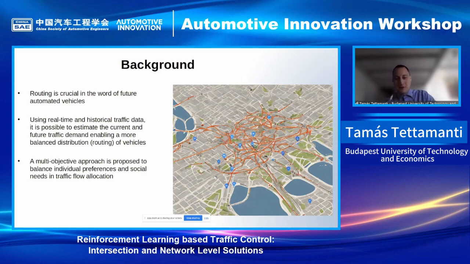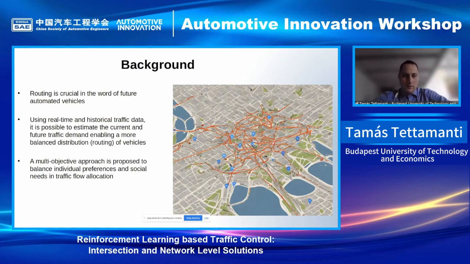So of course, if you are a user, or I am a user, a driver, I just want to go to my workplace as fast as possible. But if the social optimum is also considered, and it should be in the long term, because that's the main goal of sustainability in transportation, we can achieve much more balanced traffic. And this is a trade-off for the users, but a benefit from the social perspective.